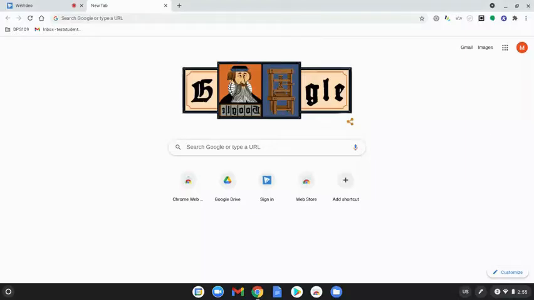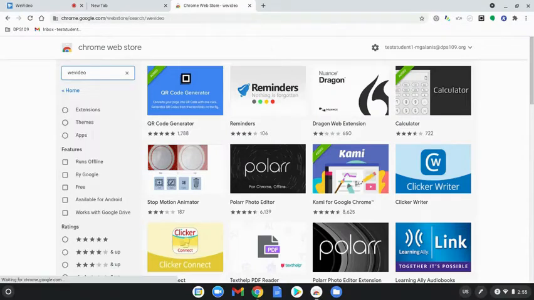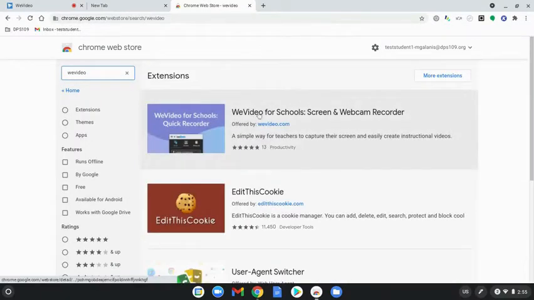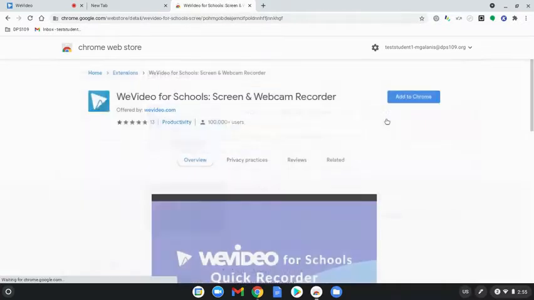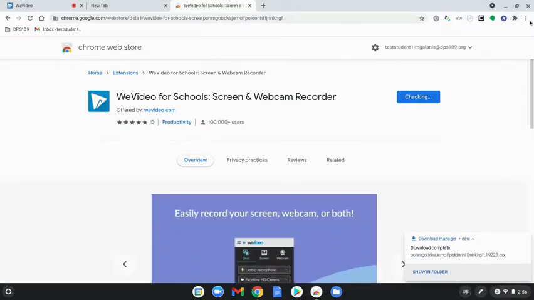has a great Chrome extension that you can use to do screen recording. Here's how it works. So first you're going to go to the Chrome Web Store. You'll search for WeVideo and find the extension that says WeVideo for Schools Screen and Webcam Recorder. Click on that, select Add to Chrome, select Add Extension, and it's going to download and install onto your Chrome